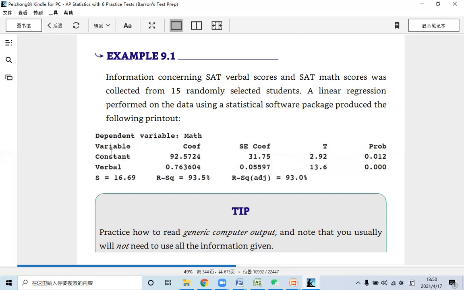The predictor variable is verbal. So you are using the verbal test as a predictor variable, and the dependent variable is mathematics. You have a constant, a verbal, this is the predictor variable, and you have these numbers, the t value, the probability value,